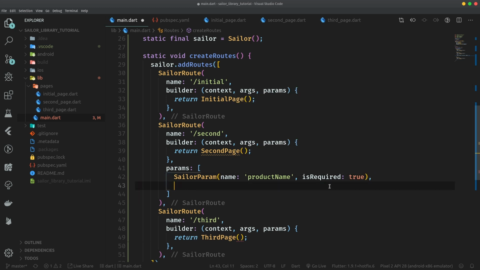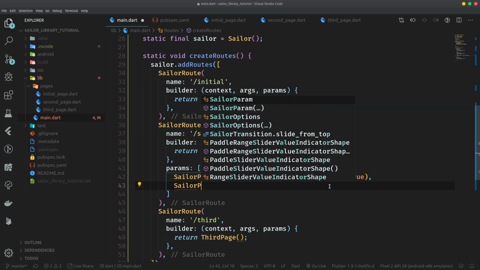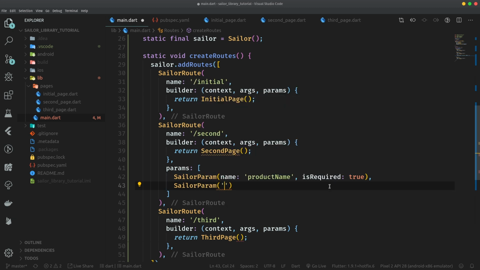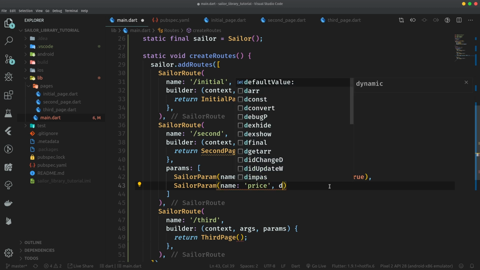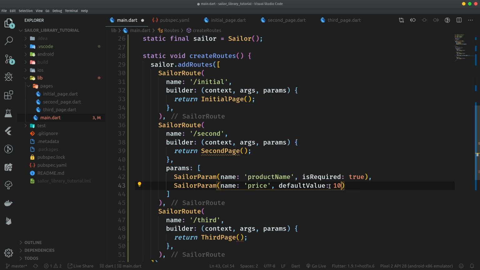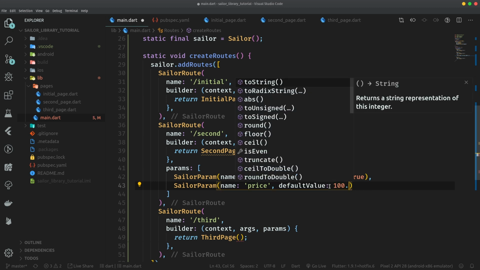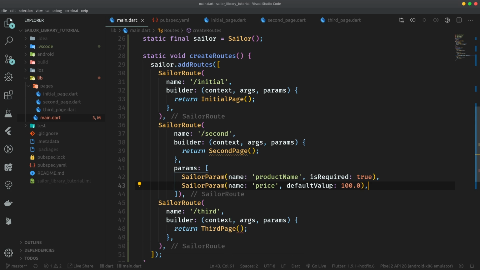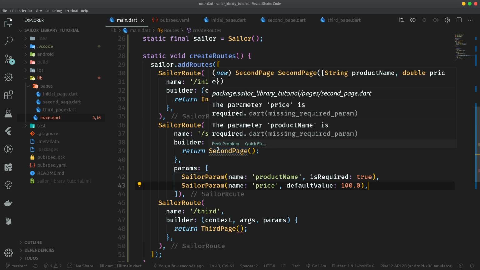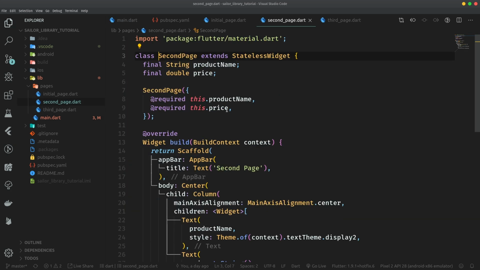And then another Sailor param will be with name, price. And let's just set this one's default value to be 100.0. Why .0? Well, if we take a look at the second page, we can see that the price is of type double. And using parameters instead of arguments, to which we are going to get in just a little while,